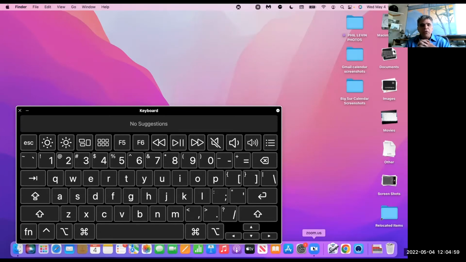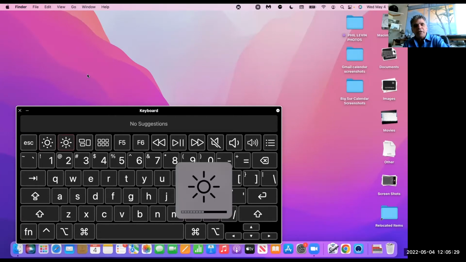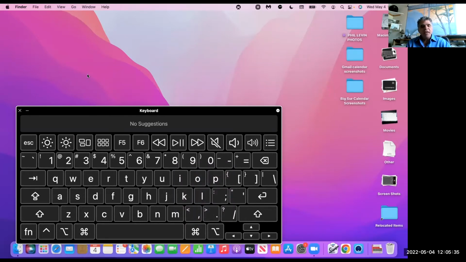When you look at a keyboard like this, the top row of keys has some pictures on it, and if I press the one that looks like a little sun over here, it'll get dimmer. And this one with the big sun, it's going to get brighter. This one over here makes it louder, and this one makes it softer. This one makes it muted. So I'm going to do the darker, so you can see it's getting darker, darker, darker, brighter, brighter, brighter,